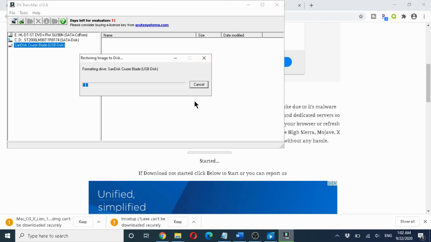In the next step, we will eject this pen drive from this machine and put it in the MacBook. There I will show you how to install the operating system from this pen drive. We will have the operating system on the pen drive, and we will install it on our MacBook Pro. Once it is done, you can eject your hard disk, and we will start from there.